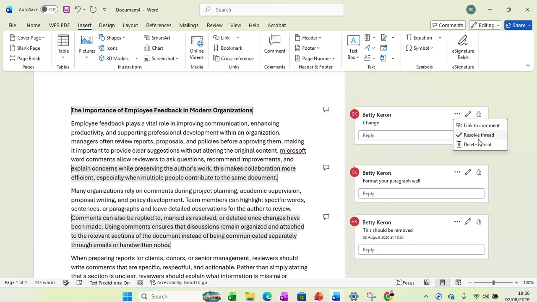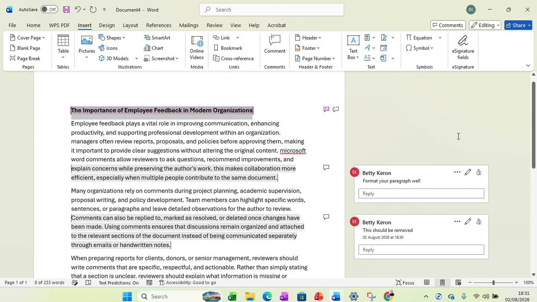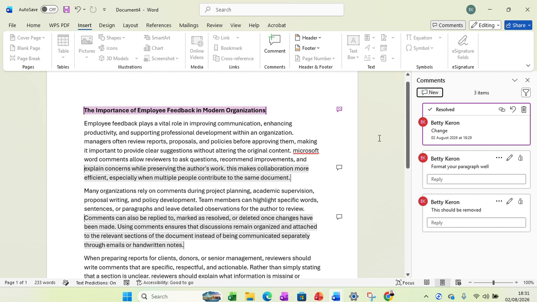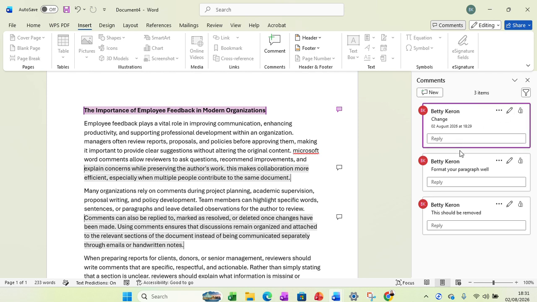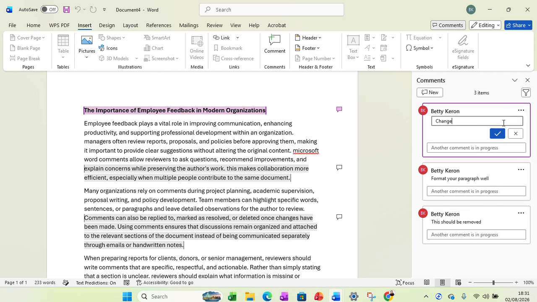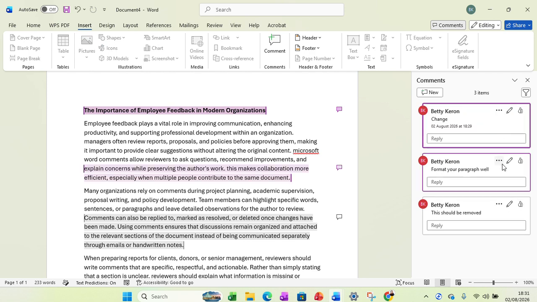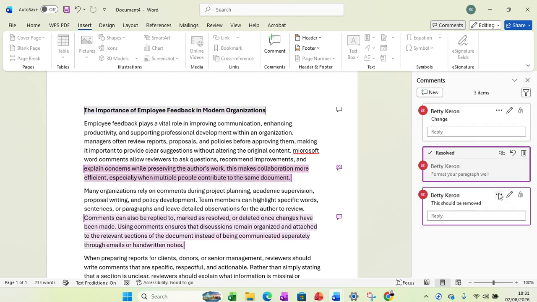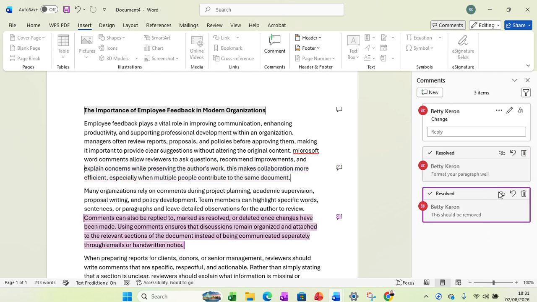So you come here and resolve what you have done. I can go back to this, and I can also reopen the comment. And then also you can accept the changes. Also you can come here and say it is resolved. This one also is resolved if you have made all those changes